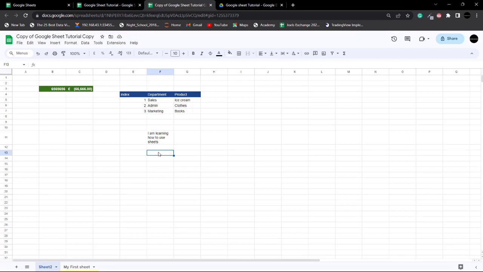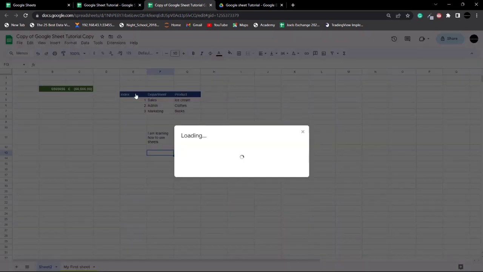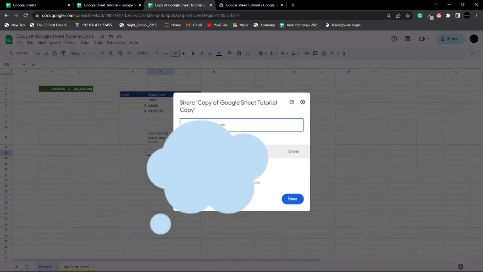Now let me show you how you can share your files. I'll show you how you can save your file. You don't really have to save, because Google will automatically save your work for you, but you can choose a folder where you want to save your work. Now let's suppose you want to share your work with somebody else. Just come here to file, then you see share. You go ahead and share with others, and then what you do is add